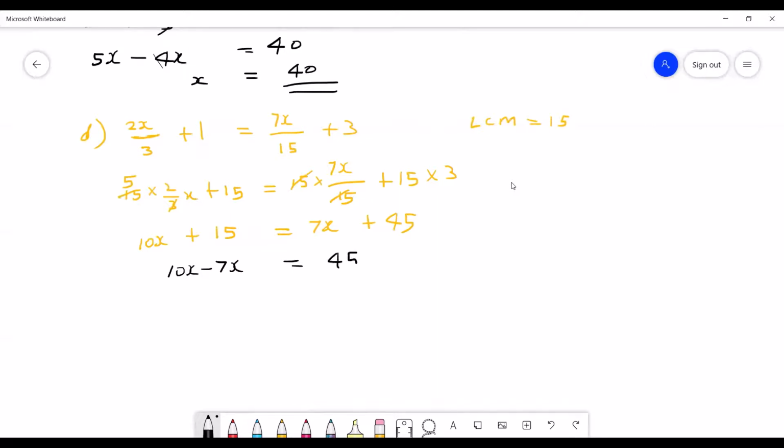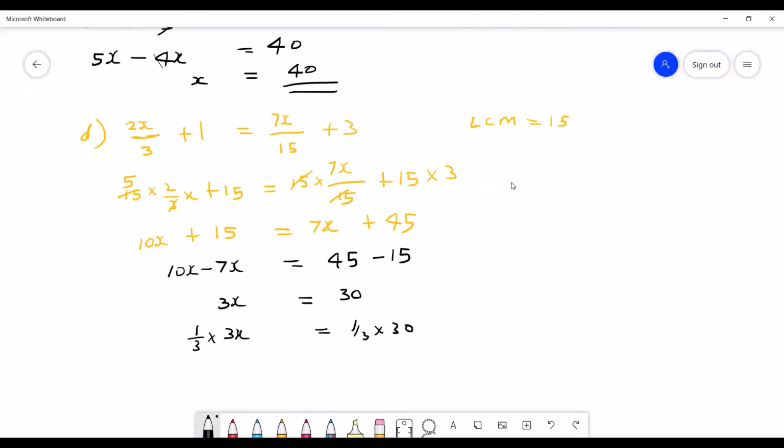That is 45 is here, 15 is plus. So this will become minus when it will go transpose to the right hand side. Then 10 minus 7 only you have to minus and then add the x. 10 minus 7 is 3x. 3x. 45 minus 15 is 30. So here you have to multiply with 1 by 3, left hand side and right hand side. It is the inverse of 3. So 1 by 3 into 3x is equal to 1 by 3 into 30.